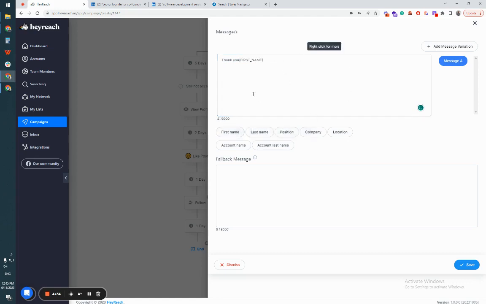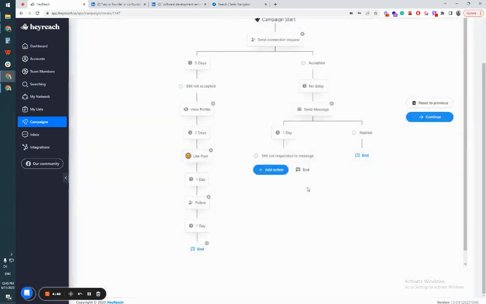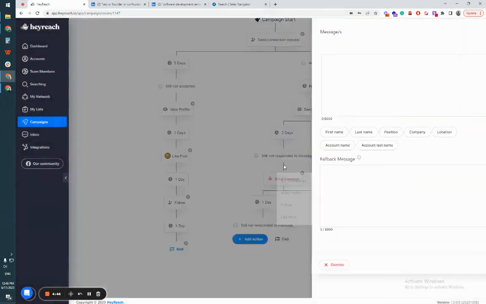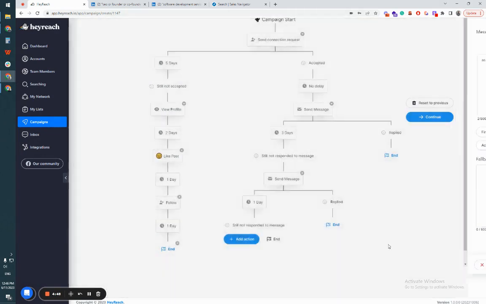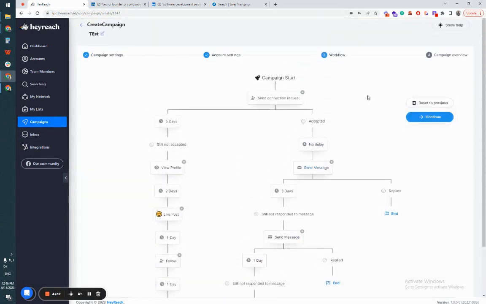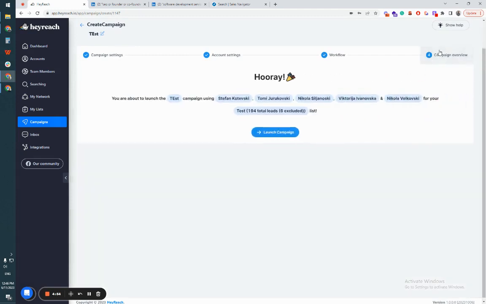Here you can add different texts that can help your business grow or pre-qualify your leads. This flow over here is not limited, so you can add as many follow-ups as you want. Once you build your flow, the next step is to launch the campaign. So there you go, you have your test campaign with these accounts